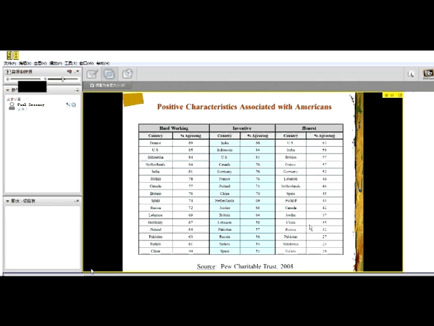You know, finally, probably the most recent data, actually this is 2011, I updated it, the source says 2008, but Pew Charitable Trust collects this data every 3 years. These also are national probability samples of large numbers of countries, and I chose some of the characteristics that they assessed about Americans. A lot of people think Americans are hardworking. Many people think they're inventive. We've got some problems in the honesty category.